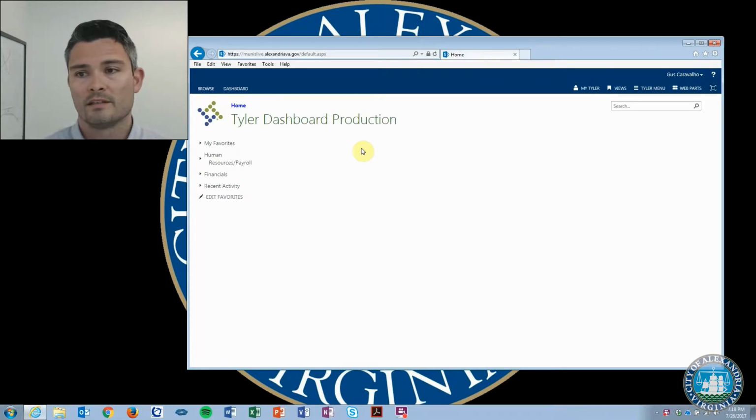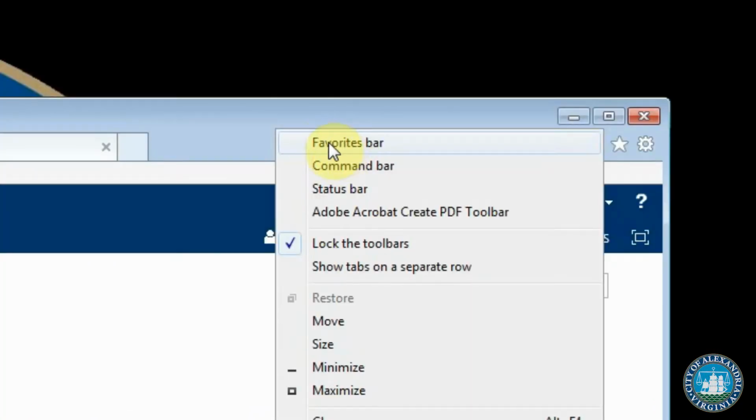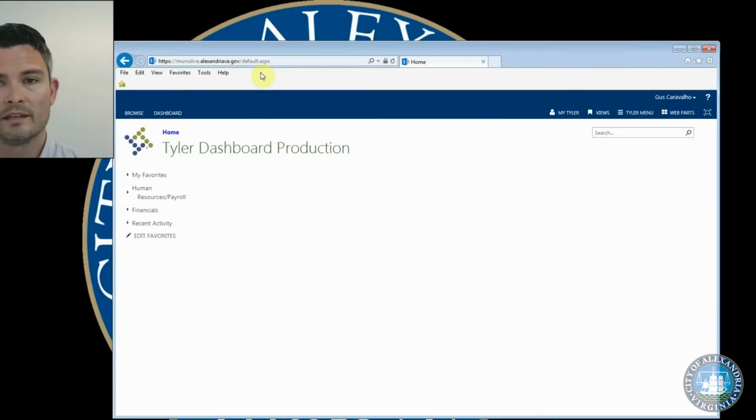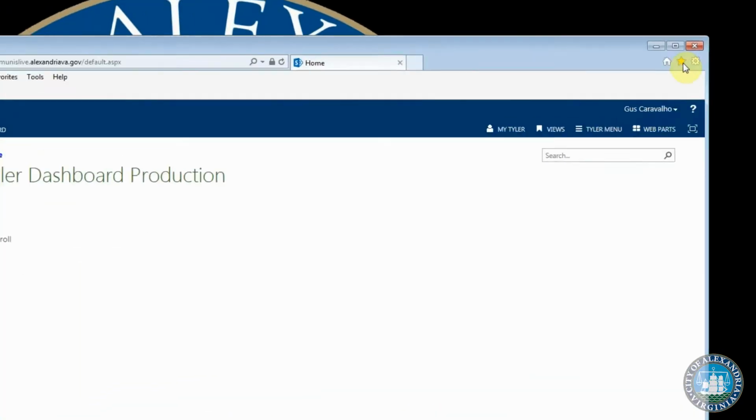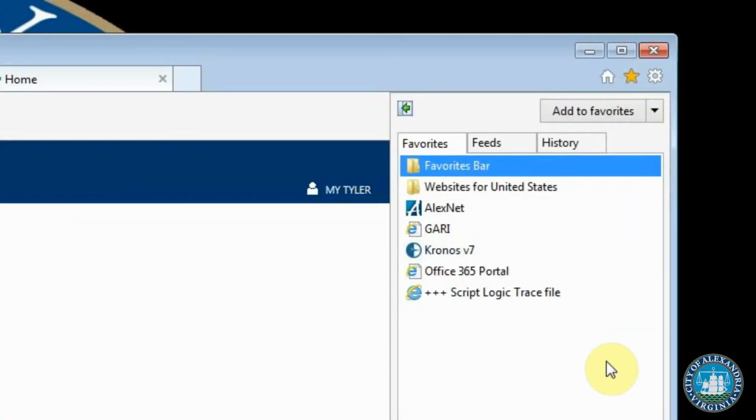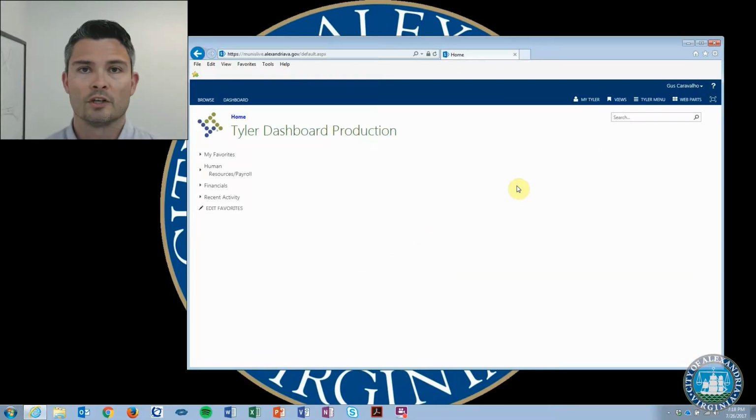But if, in this case, you're using Internet Explorer, you can also create a bookmark. So you can just click a button to go there. If your bookmarks bar is not displayed, like it's not here, you can right click up here. It's called the favorites bar. Click it and it will pop down here. So you can see I don't currently have anything in there. Alternatively, you could use this favorites link that kind of shoots out from the left. And it's the same exact thing, it's just located in different places,